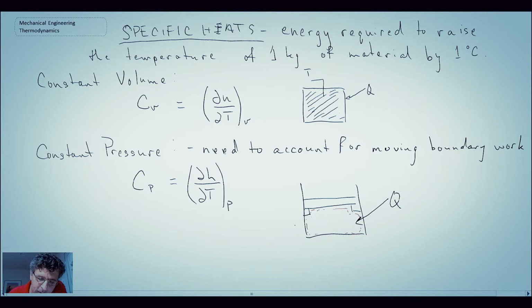And we're monitoring the temperature just like before, so we'd have a thermocouple in there. But given that we want to have it at constant pressure, let's say we put some mass up here in order to create a load which maintains the pressure. What will happen as we add heat is our